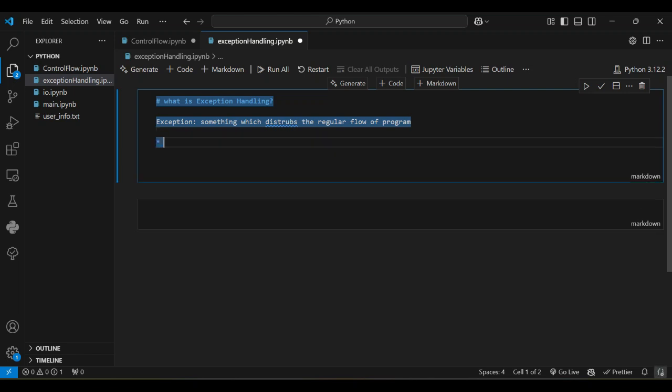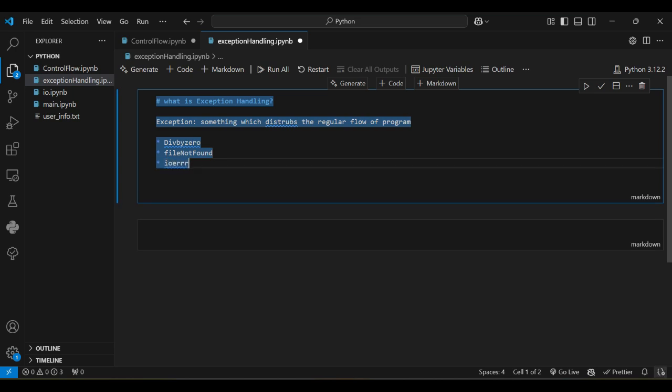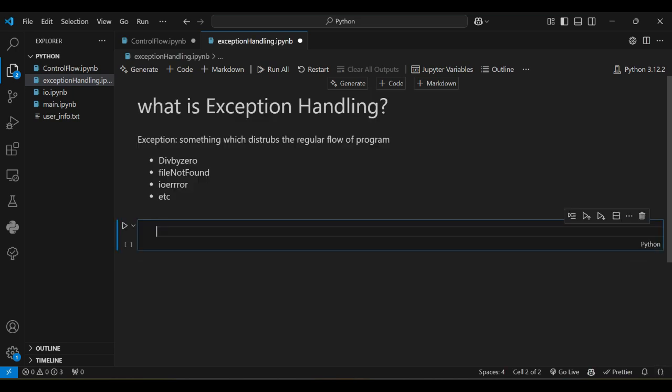Yeah, there are various exceptions like division by zero, or we have file not found, or IO errors, and so many others, right? So now let's try to understand how we can handle exceptions in our program, right? Let's say, for example, you are performing some operation, and in your program you have a value for x equal to, let's say, 10, and a value for y equal to 0. And somewhere you're trying to perform division, which is equal to x over y. Now, if you perform this operation without exception handling, it would generate an error and your program would crash